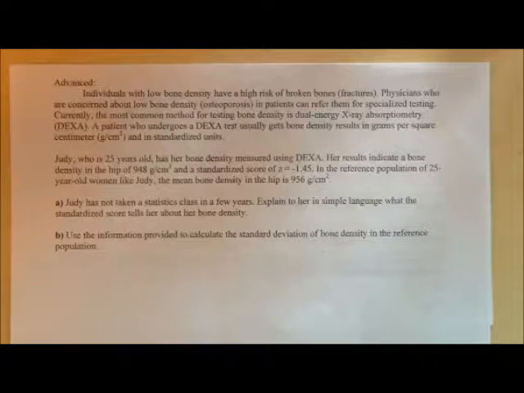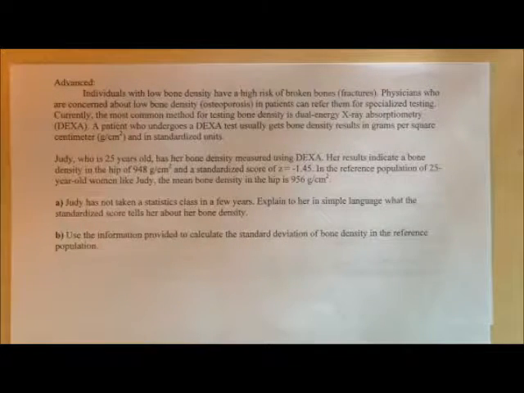A patient who undergoes a DEXA test usually gets bone density results in grams per square centimeter and in standardized units. Judy, who is 25 years old, has a bone density measured using DEXA. Her results indicate bone density in the hip of 948 grams per centimeter squared and a standardized score of Z equals -1.45. In the reference population of 25-year-old women like Judy, the mean bone density in the hip is 956 grams